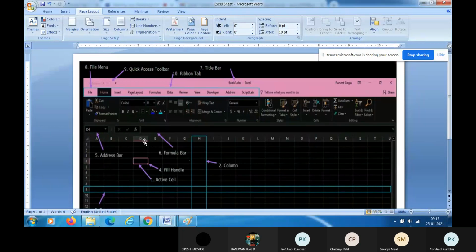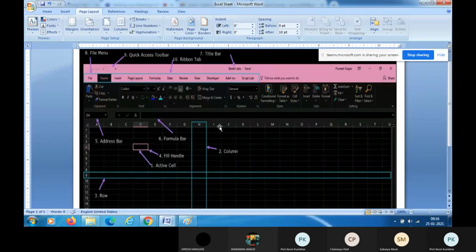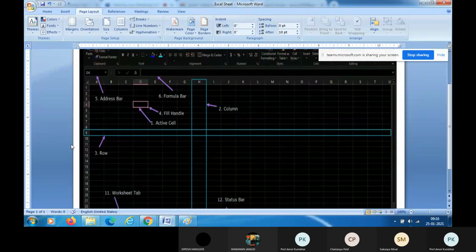Then observe this: 1, 2, 3, 4, 5, 6, 7, 8, 9, 10, 11, 12. Likewise, there are rows. In this diagram, they have shown row number 9.